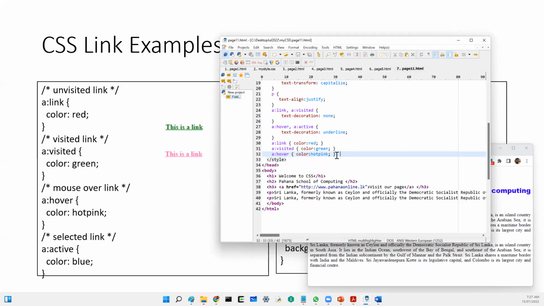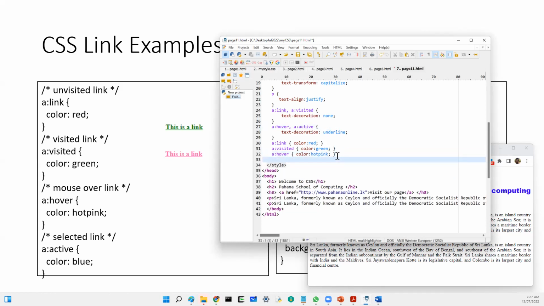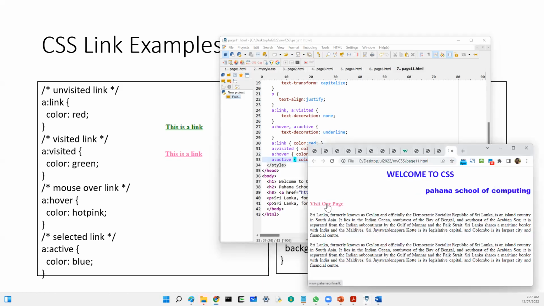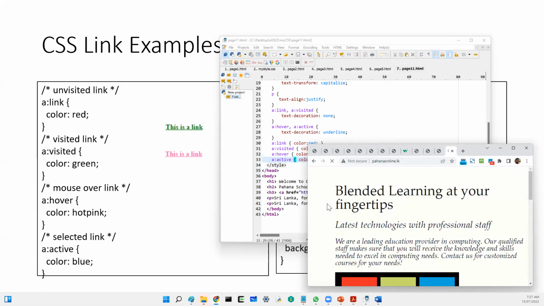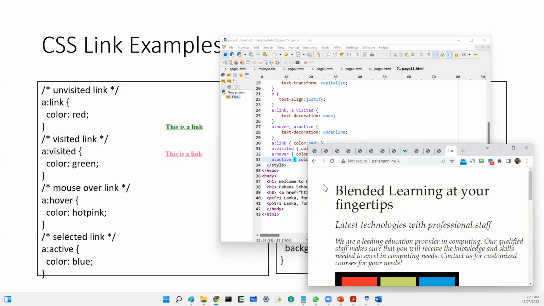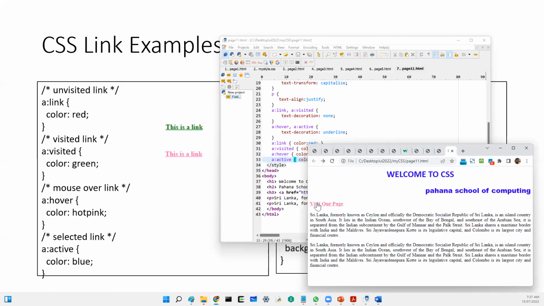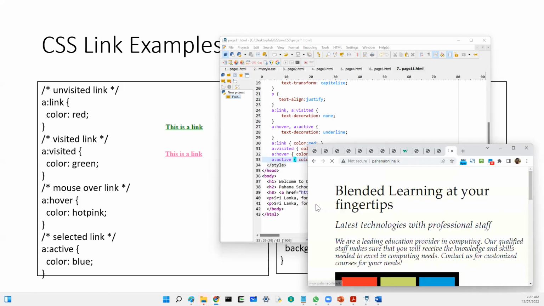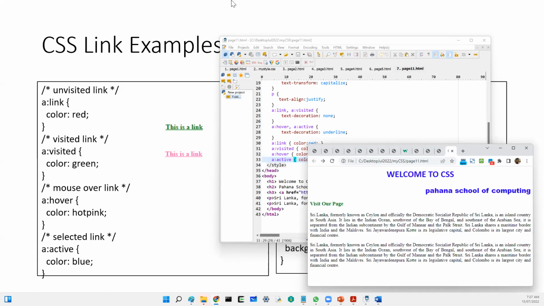And we can change the color when we click the link. We call it active. Now I'm going to say the color should be blue, right? So when I say blue, when you click it, you see it's a blue color, right? So the visited one is green, already visited, that's why green. When you go over it, it will be pink. When you click, it will be blue, right? So I have explained everything. From the exam point of view,